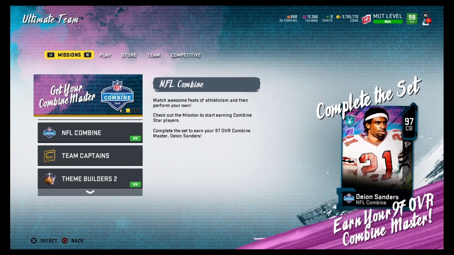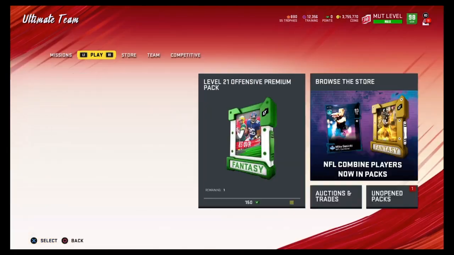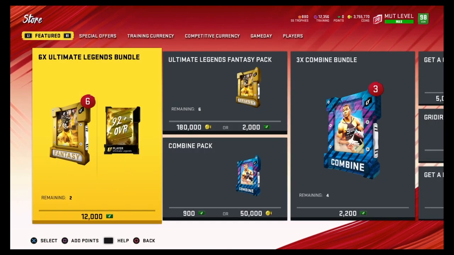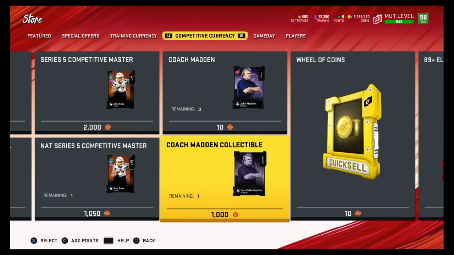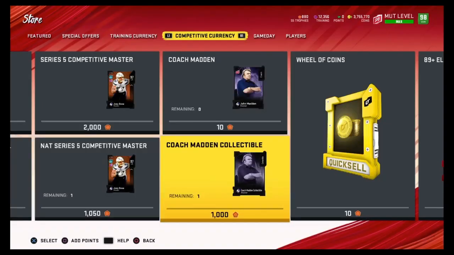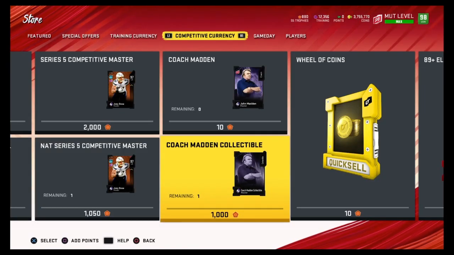Alright, now tip number 3. Now this might be too early for you, but after you've done all the challenges, you probably bought a few players with your coins. Now you might want to look into head-to-head seasons. The reason you want to look into head-to-head seasons is because you get Series 5 trophies from it, and why you need Series 5 trophies is because of this Coach Madden collectible. Now, you might not think Coach Madden collectible is that important, but it is very important if you want to build your team because it boosts your whole entire team. If you get enough Coach Madden collectibles, you can get +1 speed on your whole entire team,